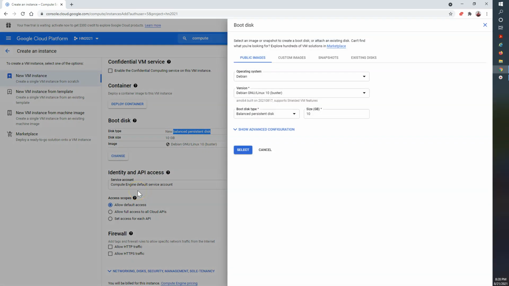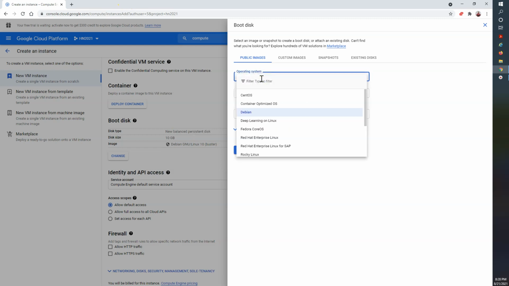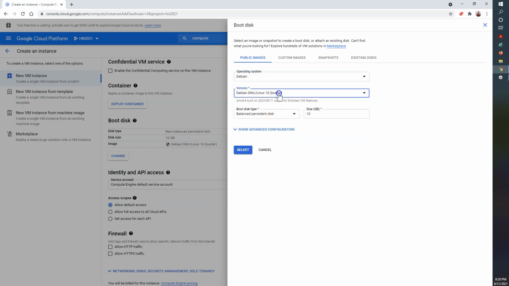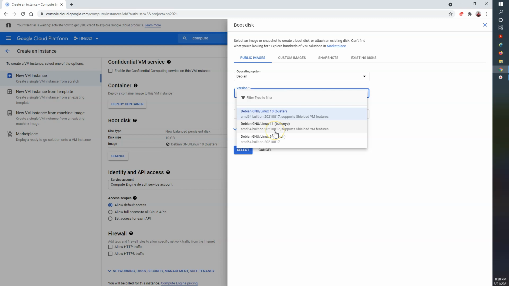If you want to change that configuration, you can see here what kind of configuration you can change in the boot disk. If you want to choose the operating system of your VM, you can change that from here. Whatever operating system you need, you can take, such as Ubuntu, SUSE, Windows, Red Hat. You can choose your operating system and change the operating system version.